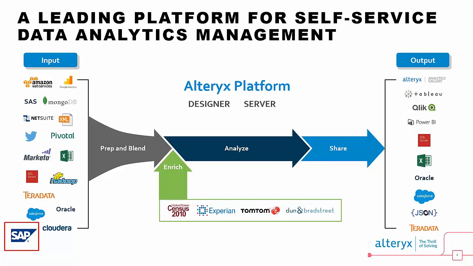We are completely agnostic to any kind of input and any kind of output. We try to attach any kind of source, and the source could be structured data, unstructured data, data in the cloud, on-premise, just some Excel documents or XML documents, or data from SAP. All these systems we try to attach, you can combine, prepare, and blend all the data, and you can enrich it with third parties. We have company data from Dun & Bradstreet, demographic data from Experian, or spatial data from TomTom, and all this will then be analyzed in the middle part.